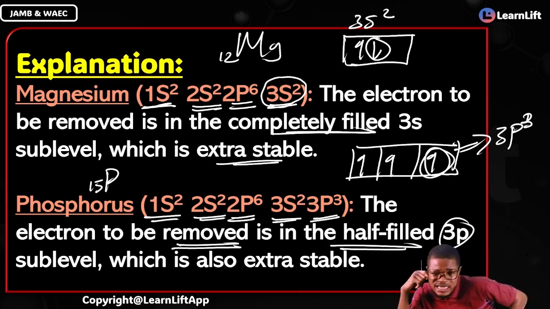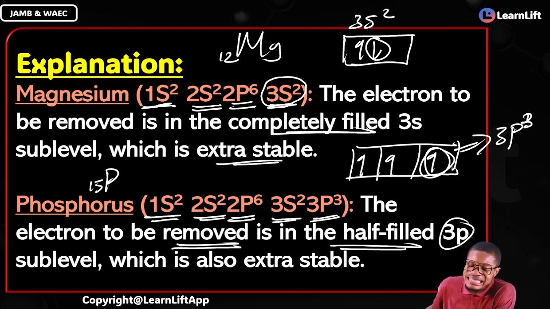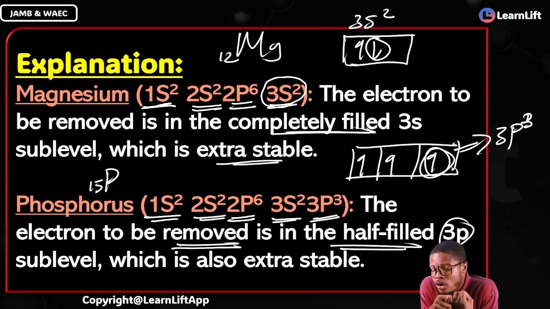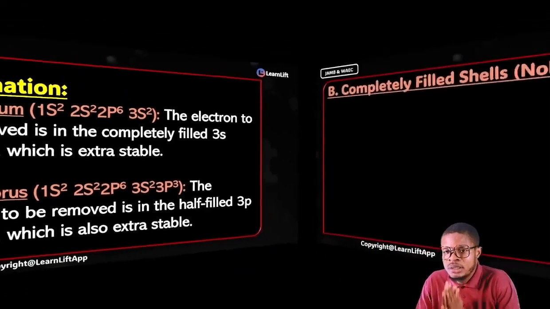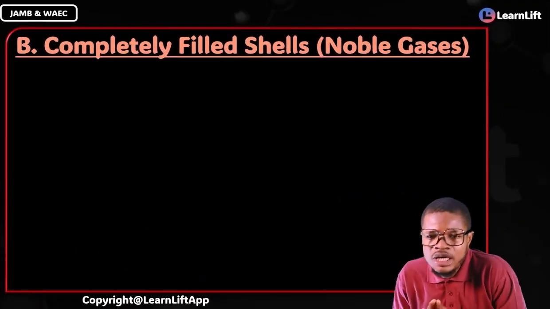I want you not to forget this: orbitals that are completely filled with electrons, it is difficult to remove an electron from them. Orbitals that are half-filled, it is also difficult to remove an electron from them. Does it make sense? If you get this very quickly with me, the second part of it is those that